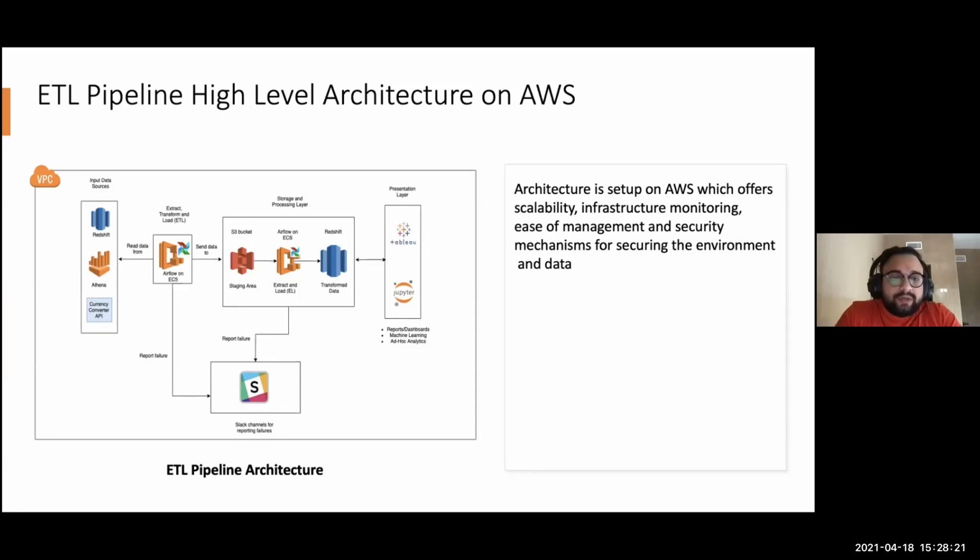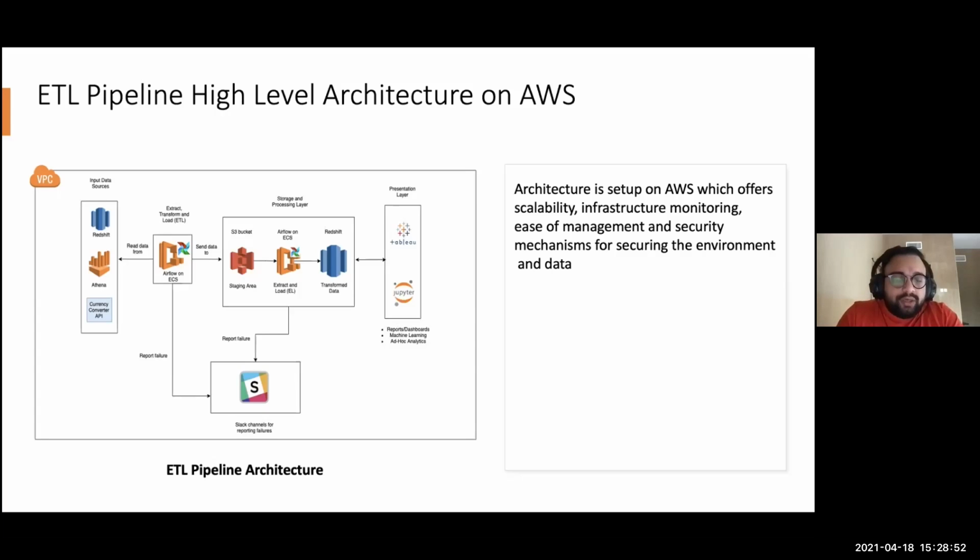But in today's session, our main focus is on data processing, how to build a data pipeline and how to get that curated and transformed data set. And as you can see in the diagram, in case of any failures, there should be a failure reporting mechanism. Nowadays most companies have Slack, and any kind of failure that happens, they report to Slack channels. So this is